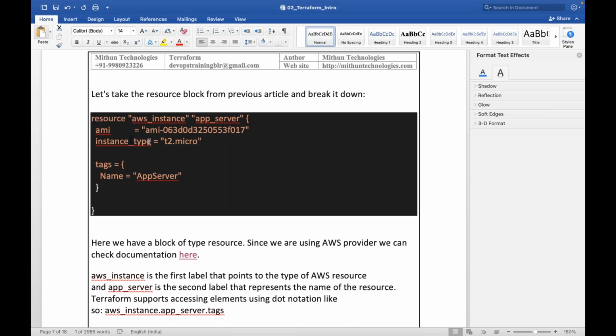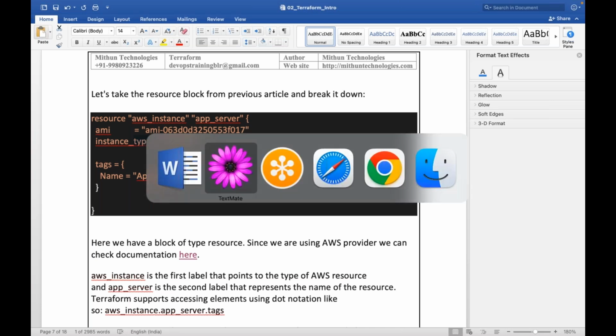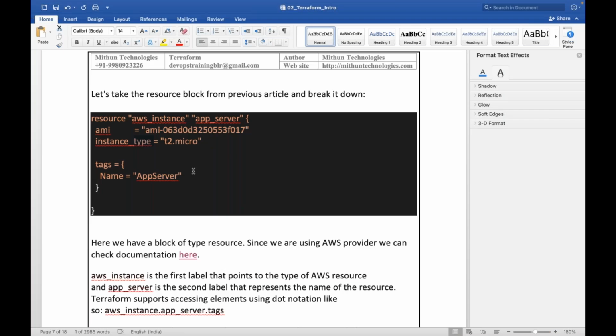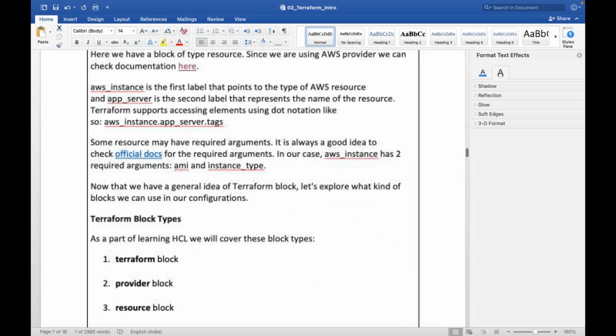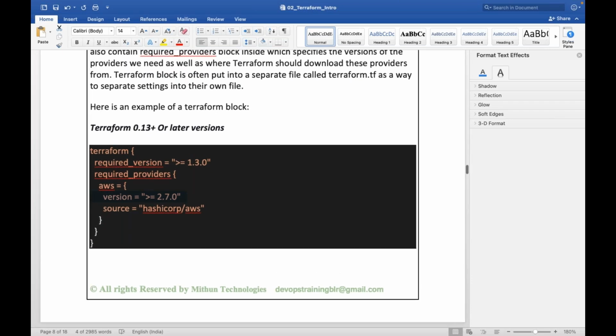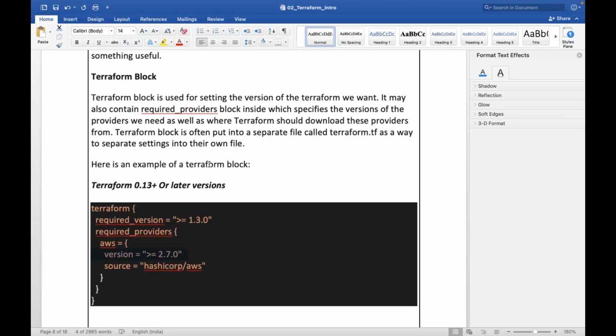But if I say something different or some unsupported argument, it will not work. So make sure you are informing Terraform what version of Terraform you need and what version of the provider you need. You can define that in the Terraform block. So this Terraform block is like settings for your Terraform.